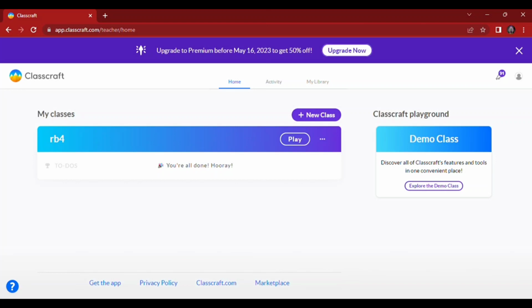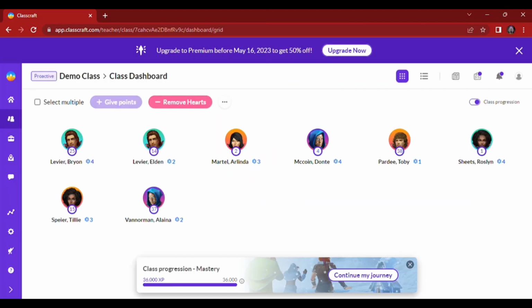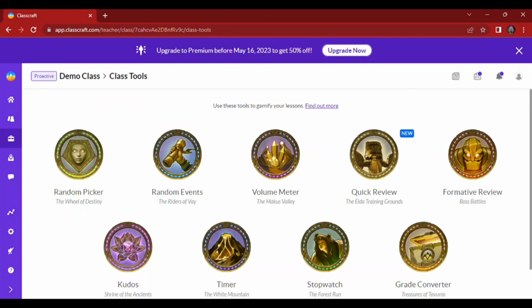So right now I will show you the features of Classcraft by exploring the demo class. This is also the interface in your class when you already have one. On Classcraft, there is also a feature called class tools. Class tools are items you or your students will use to run the quiz. There are several tools like the random picker, random event, volume meter, quick review, formative review, kudos, timer, stopwatch, and grade